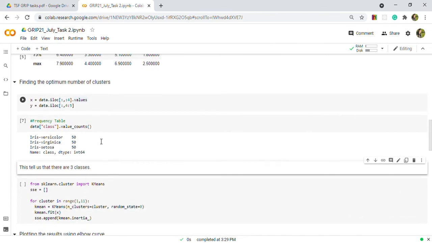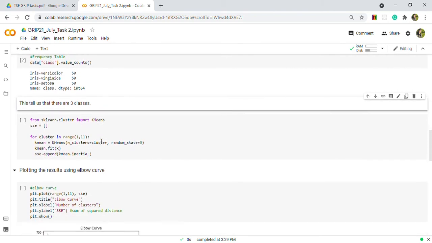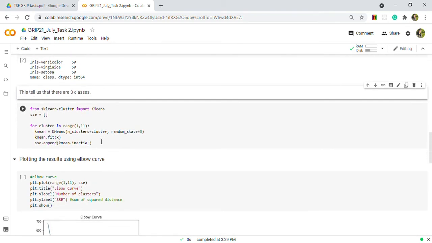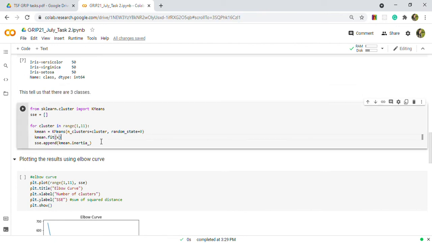After that, we will import the k-means algorithm from sklearn.cluster. As we do not know how many clusters to fit, here we try to fit different numbers of clusters to the dataset and check against the inertia value. Inertia returns the sum of squared distances within clusters. It tells us how close the values are to the cluster centroid. We are using inertia to decide whether our clustering is good or not. The lower the value of the inertia, the better the clustering. And here the SSE list stores all the inertia values.